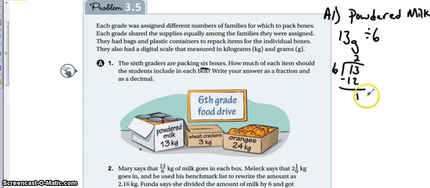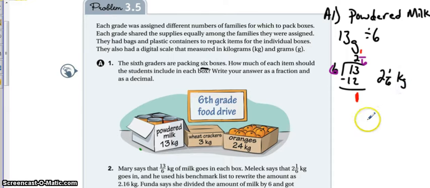Now, instead of saying remainder 1, we've got to have some way of showing that remainder. So what we're going to do is this 1 becomes a numerator because it's a part that's left, and the 6 out here becomes our denominator because it was the whole. And so one way of showing this would be that they would get 2 and 1/6